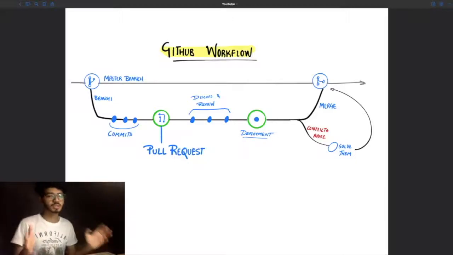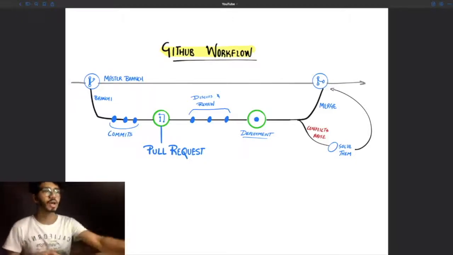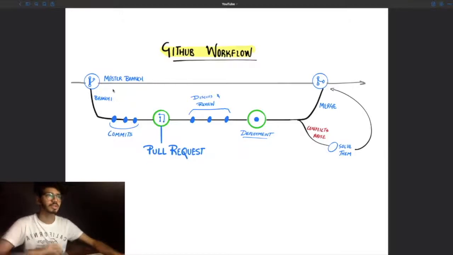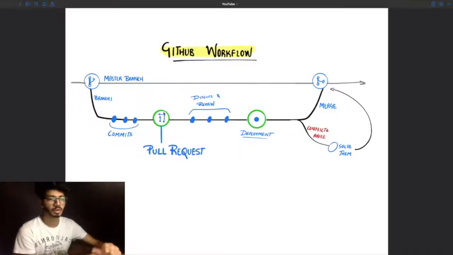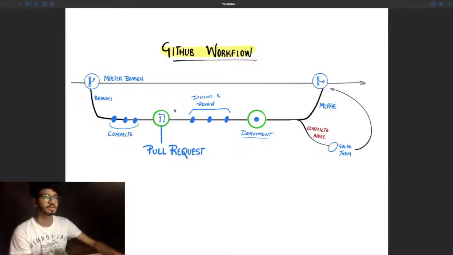Now, what is a GitHub workflow? GitHub workflow is basically you have a master branch involved, which is using the branching techniques. You create another branch, which can be a feature, a task, or a release branch. You add some commits as I did before, and you create a pull request. A pull request is generally created through the website, or you can use a desktop client as well. Currently, GitHub has also released a Git CLI in which you can use GitHub commands through the command line itself. So create the pull request.